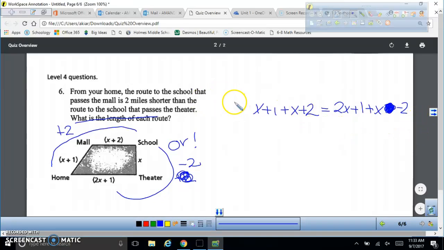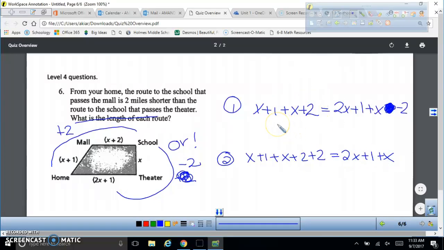That was one equation. Here's the second equation you could have had. You could have x plus 1 plus x plus 2 plus 2, add 2 miles, and then it'll be equal to 2x plus 1 plus x. Either one of these would get you the same solution. So I'm going to work with my second equation, combining my like terms: x, 2x, 1, 2, 3, 4, 5, plus 5 equals